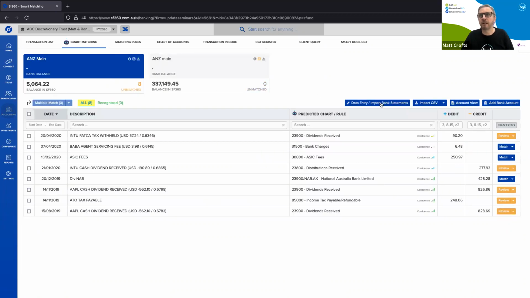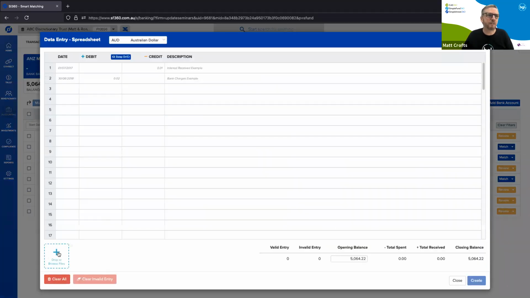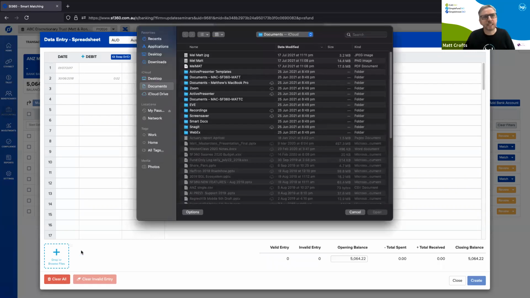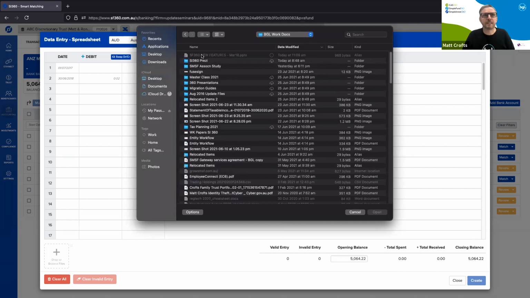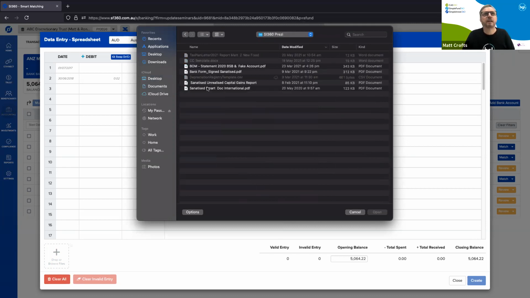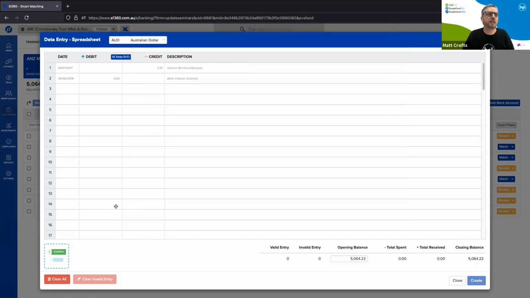One of the things I like to show people is how to import data. If you don't have a bank feed or you want to get set up quickly, unfortunately, some of the bank providers don't give you access to the bank feeds until you sign up. So you might be having a gap there. So I can jump in here and just upload a Bank of Melbourne entry. So I'm just grabbing a statement and I'll just confirm that.